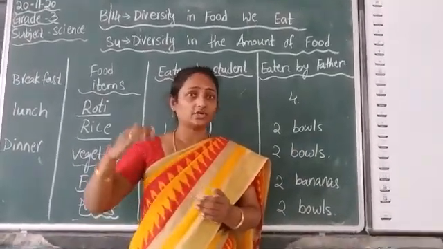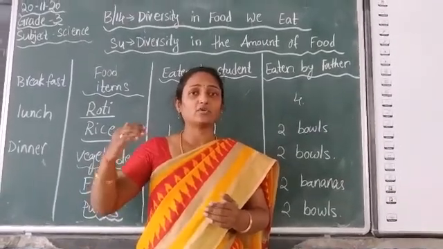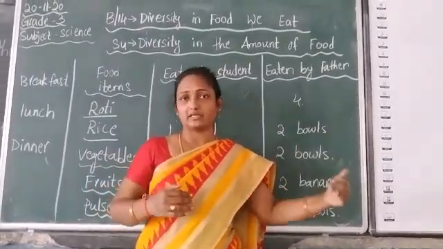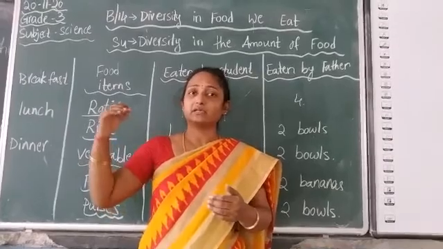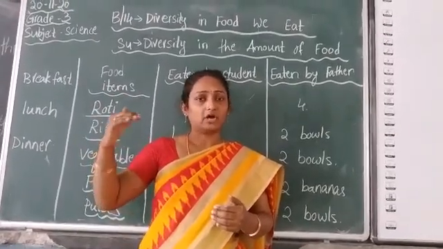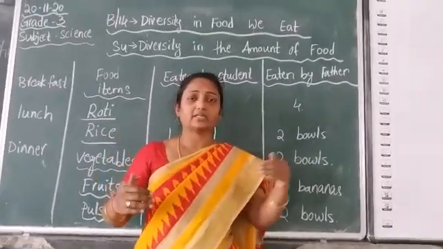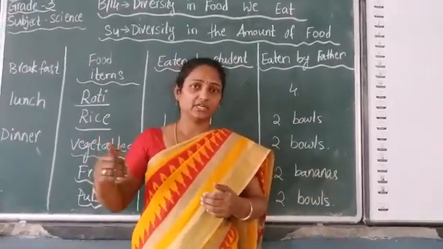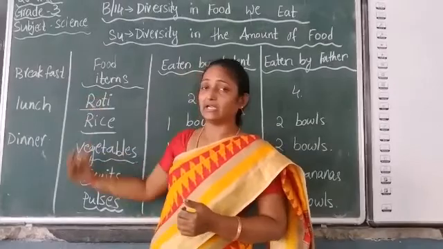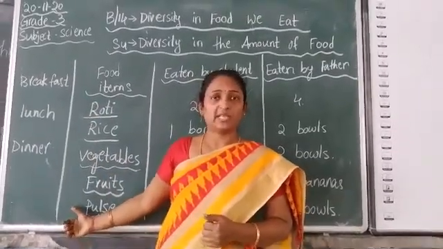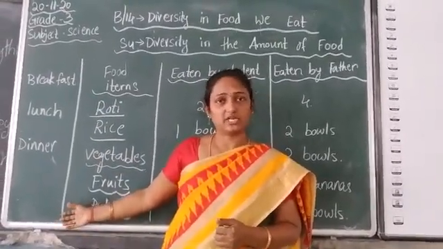For breakfast, what you have taken, how much food you were given, and what the adult has got in your family. And even at lunch time, how much rice and how many rotis you got in your plate and the adult has got. And even the dinner. So in that way you are going to complete this tabular column on the plain side of your classwork. Okay children?